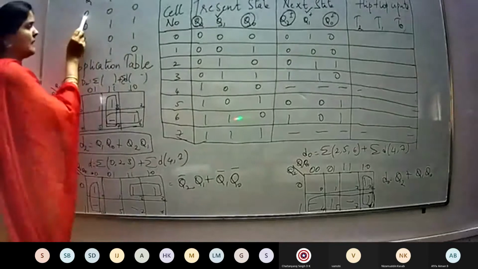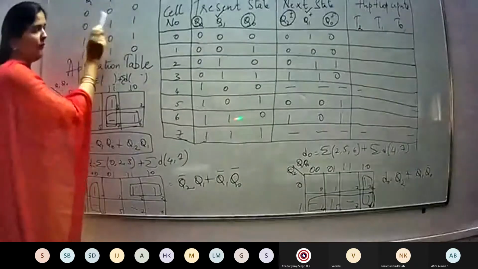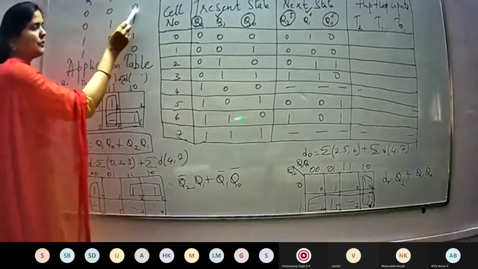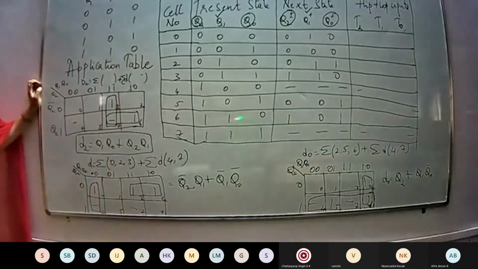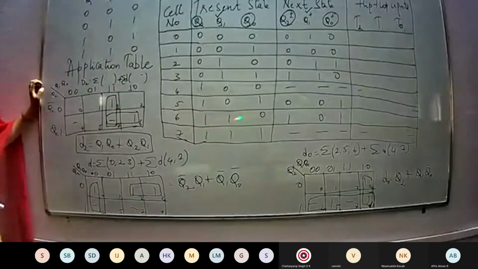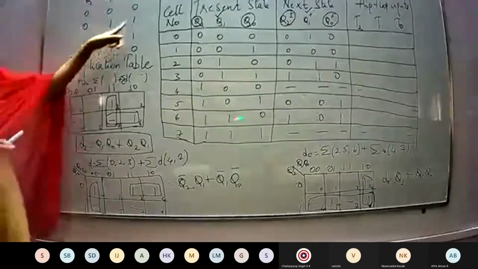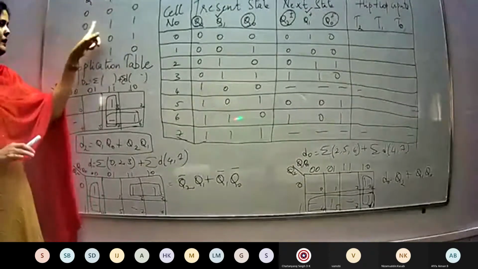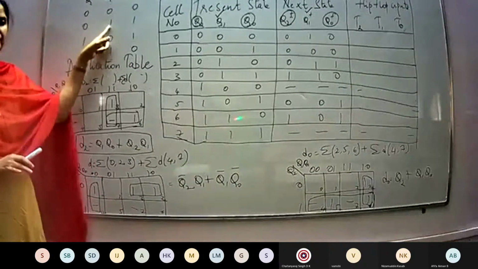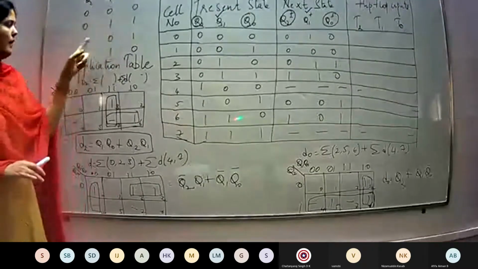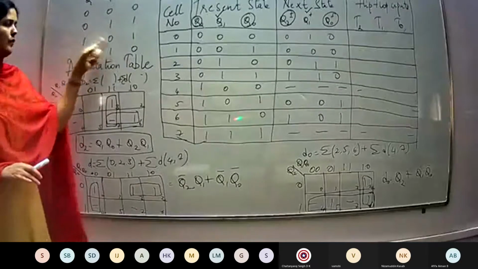See here. Previous state is 0. Next state is 0. When T is equal to 0. Okay. When T is equal to 0, you can see previous two tables for T flip-flop. T stands for toggle. So when it changes from 0 to 1 and 1 to 0, when T is equal to 1, it will toggle. It will change from 0 to 1. Previous state, next state you can see. When T is equal to 1, it changes from 0 to 1. If T is equal to 1, it changes from 1 to 0.